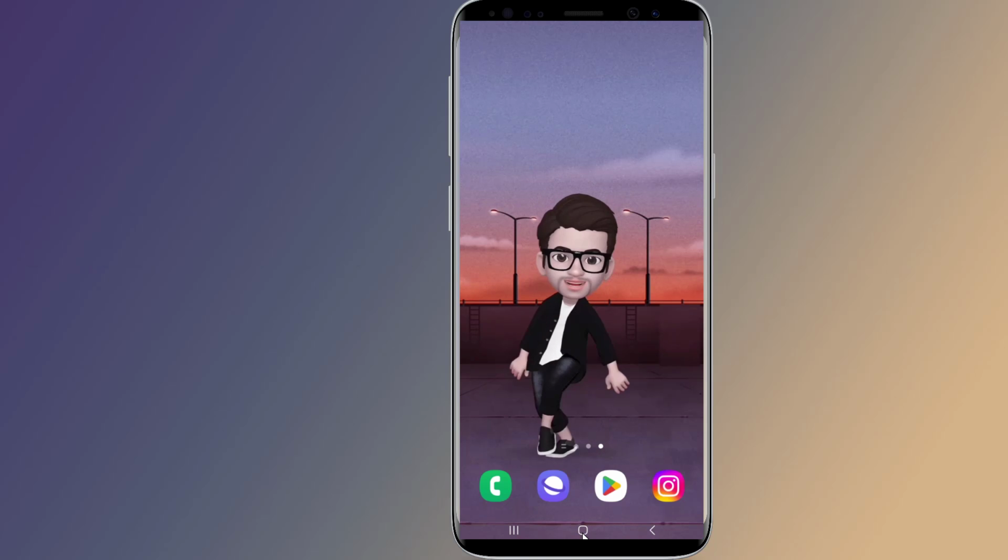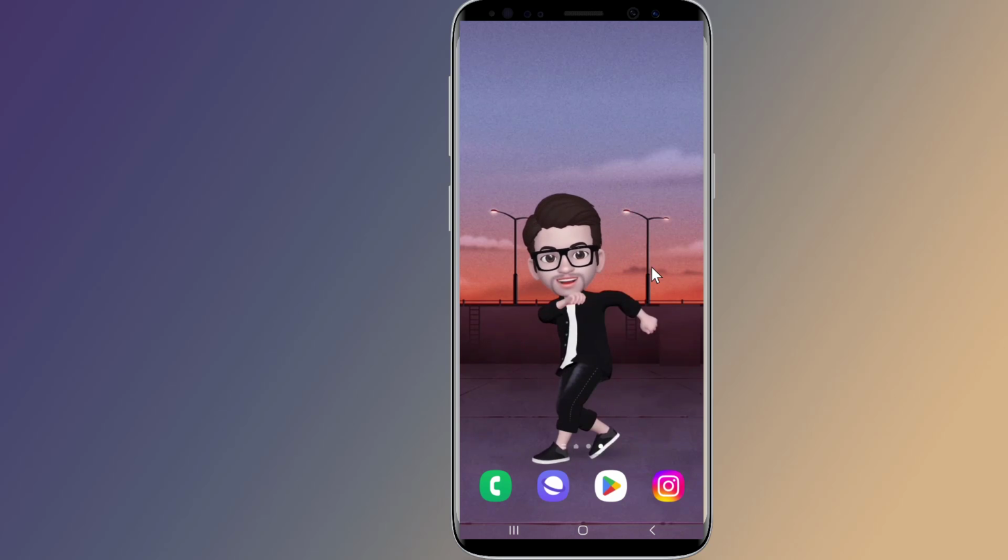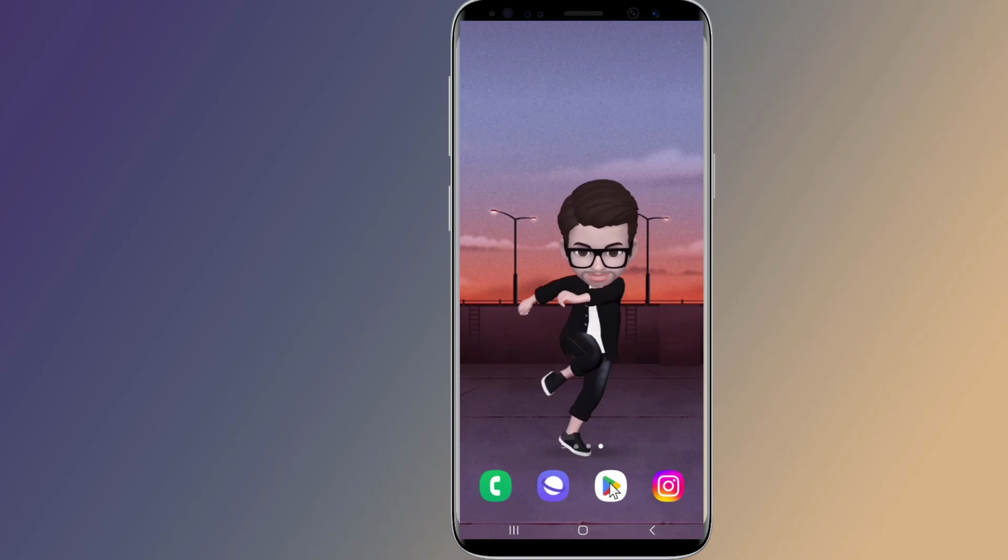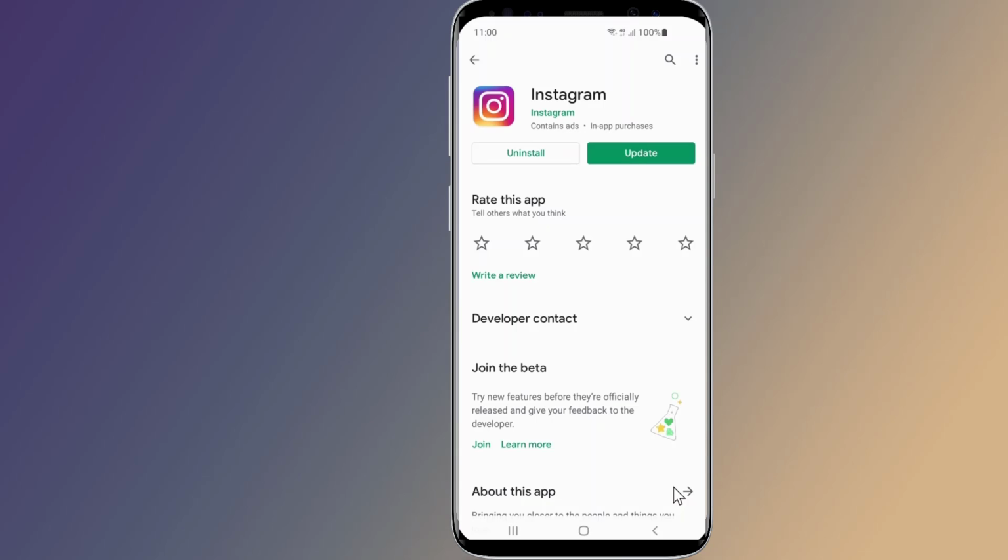If the music note's not showing, then you need to update the Instagram app to the latest version. Go to the App Store or Play Store and search for Instagram. If you can see the update option next to the Instagram app, click on it to install the latest version